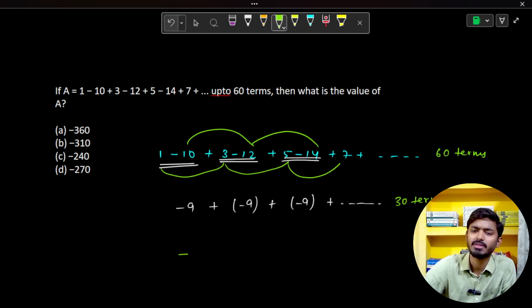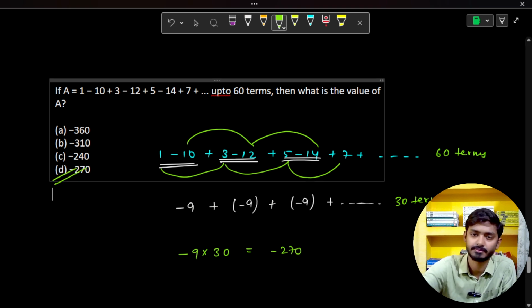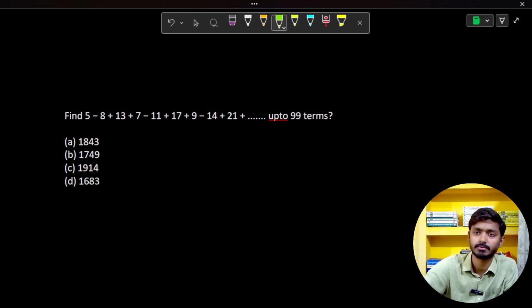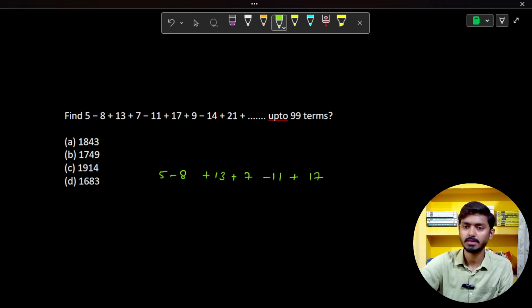Now that is simple. No need to use an AP. You'll just say 9 times 30. That would be negative 270. Simple as that. Next question, or maybe the last question I'd say. Question is 5 minus 8 plus 13 minus 7 minus 11 plus 17 plus 9 minus 14 plus 21